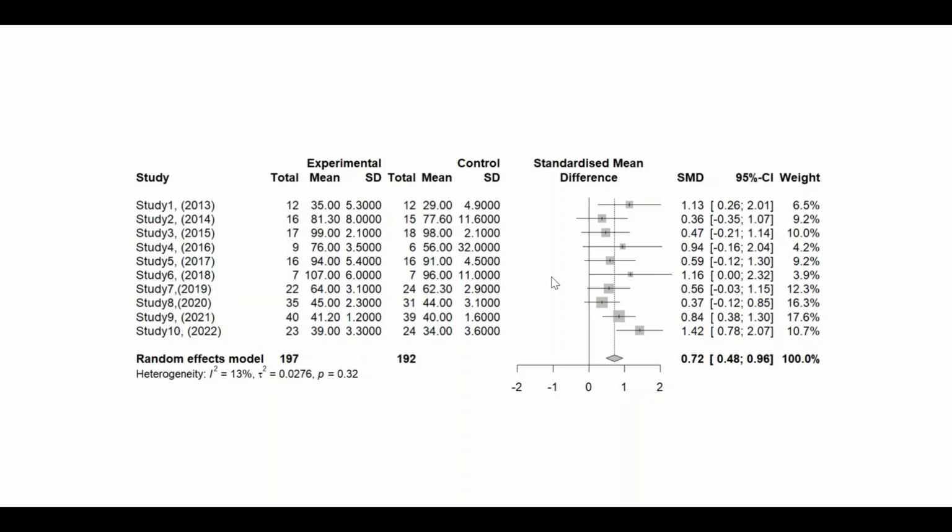And in the middle section here, the squares represent the effect size, which is the SMD, and there is a variation in the size which reflects the sample size. Larger squares have larger sample size. The horizontal line here represents the upper and lower limits for the 95% confidence interval, and the dashed line here is the line of overall effect size, and the vertical line here is the line of no effect,